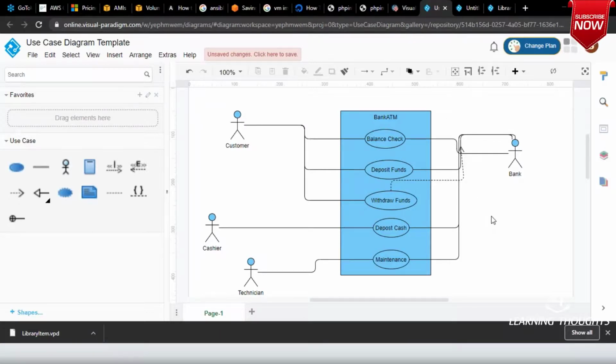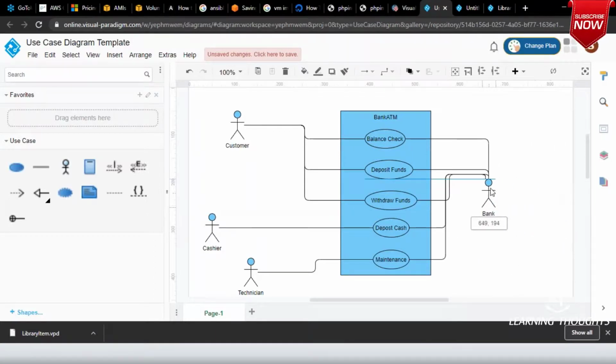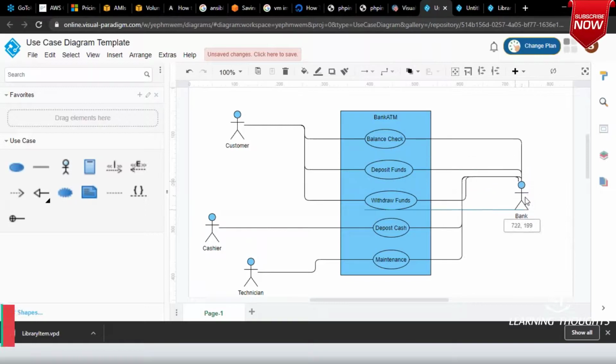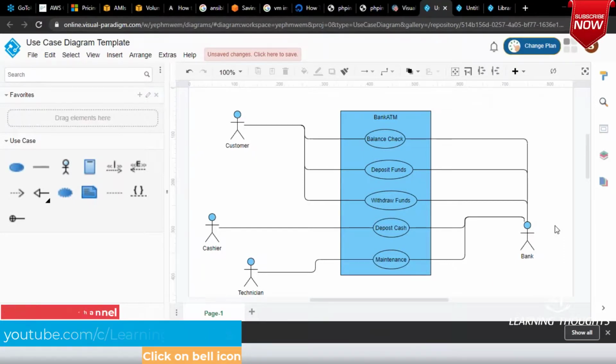Okay, so in your documentation, rather than basically telling thousands of things, it is, oh, what is this relationship? All right, withdraw funds over here and this, right? So rather than writing thousands of things, right, in your documentation, it is very much simple for you to draw these diagrams, because each diagram tells 1,000 words.